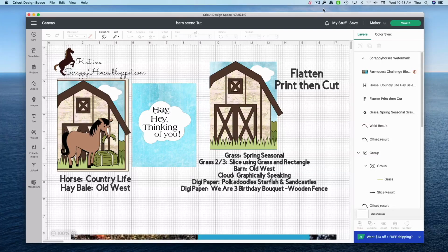I am working on something a little different than usual. I am doing quite a bit of print then cut on this particular card with a little die cut that will stand off the card with some dimension. So let's get started. Since we're doing quite a bit of print then cut, we're going to start here in